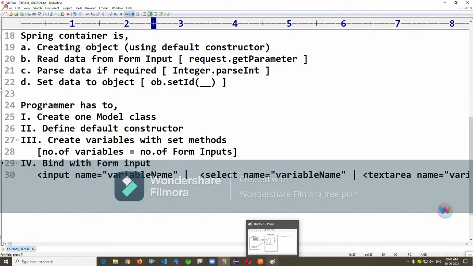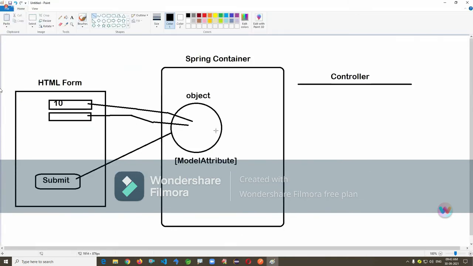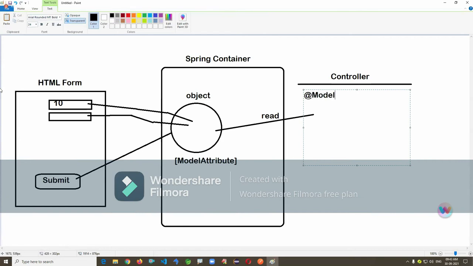Now finally, this object I want to read in the controller. Okay, read it. How to read? At the rate ModelAttribute means form object.